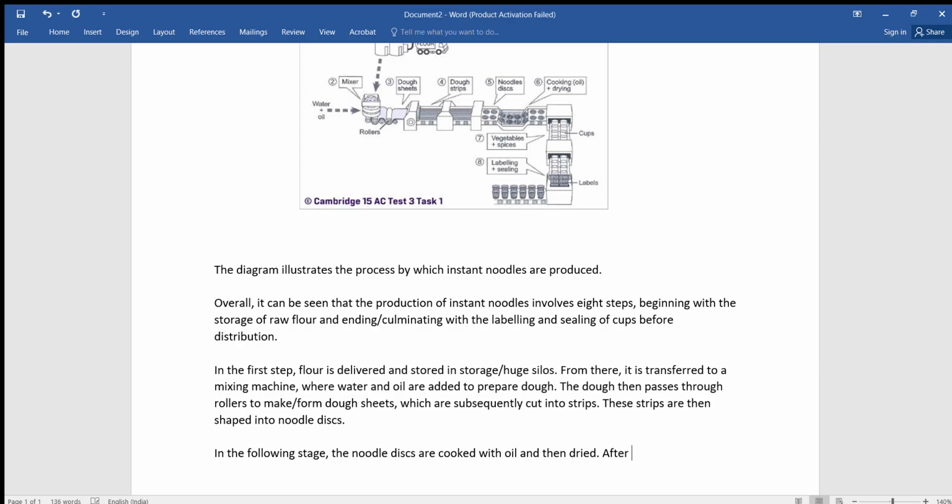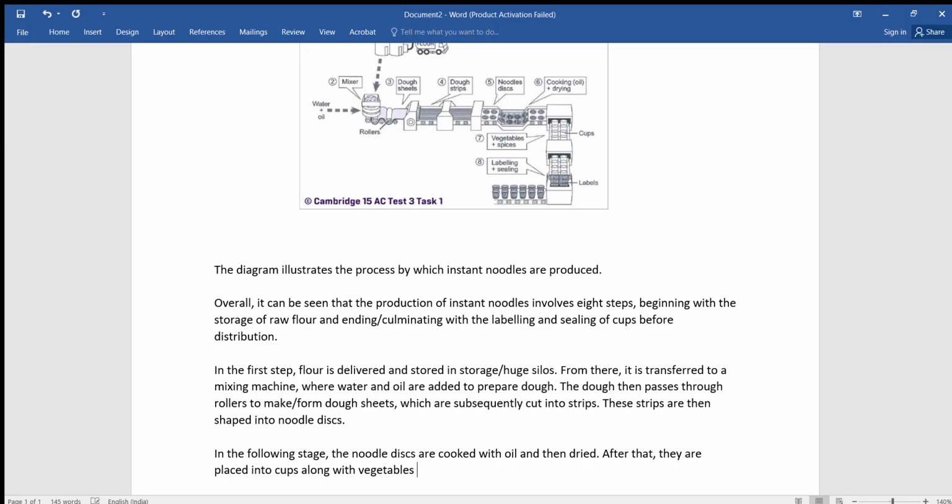After that, for the next step we can use this connector. After that, they are placed into cups. They are placed into cups or poured into cups, and what has been added? Vegetables and spices. Okay, this you can also say, cups along with